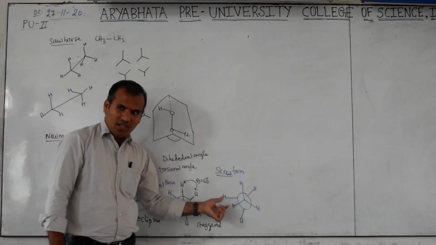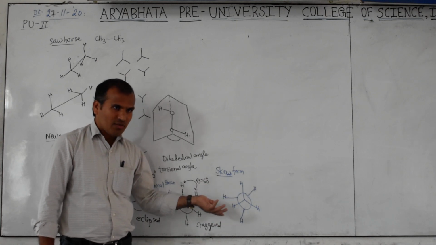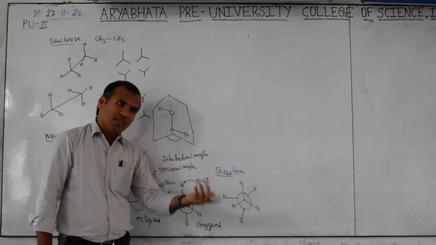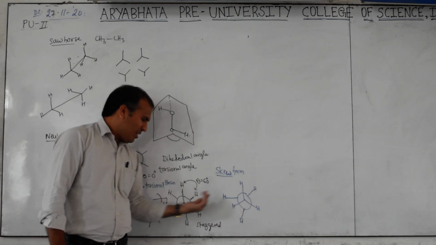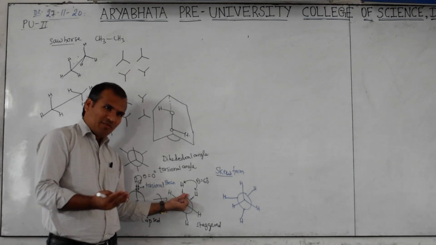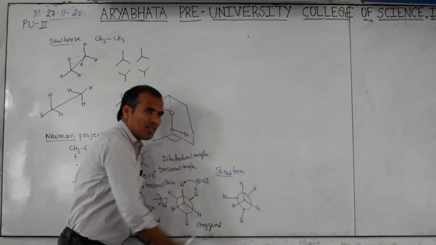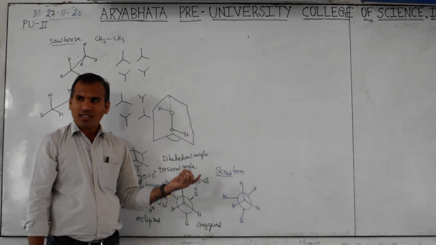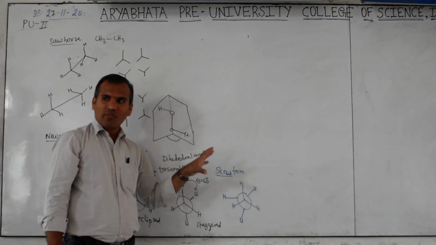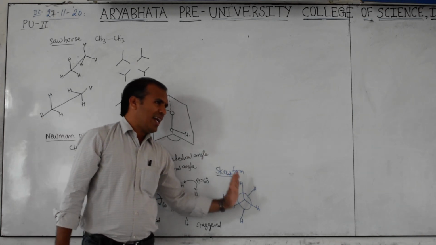I am not telling you which angle it is. It may be other than 0, it may be 40 also, 50 also, but not 60. Or maybe more than 60, not possible, because this is 60, so before this it is not more than 60. It may be 50, 40 like this. We can say 120 like this, but it is not 120 also. Got the concept now? So skew form is also important for competitive exams. Now, is skew form chiral or achiral?